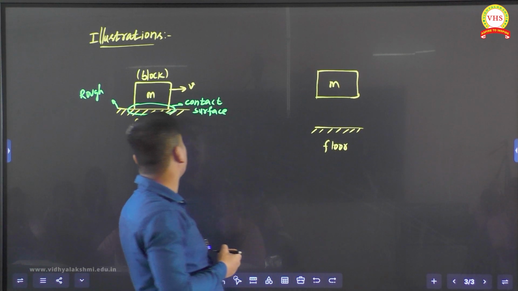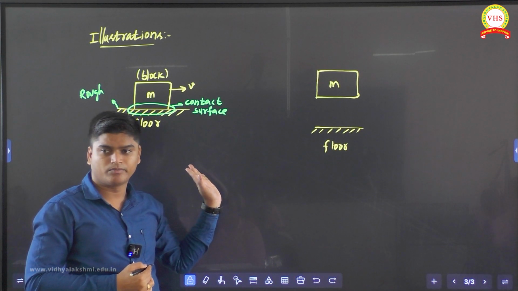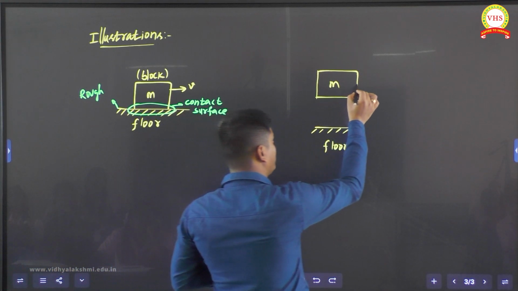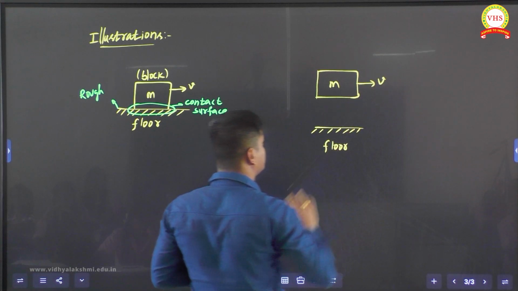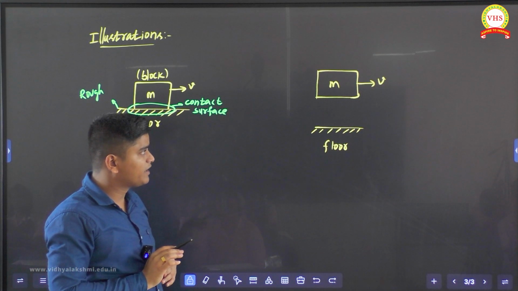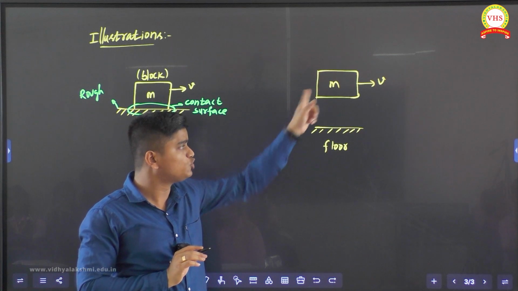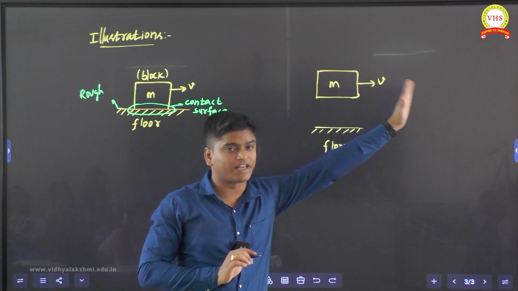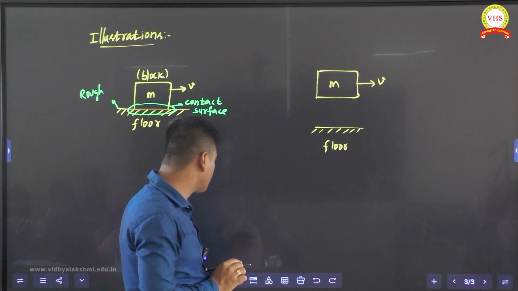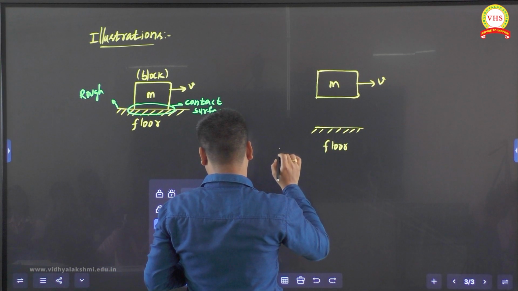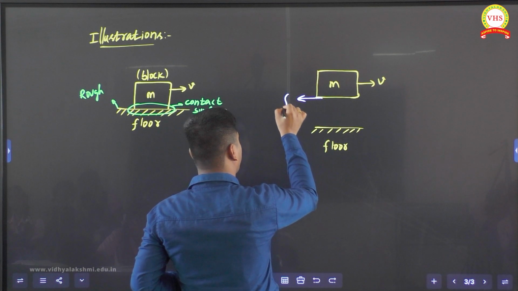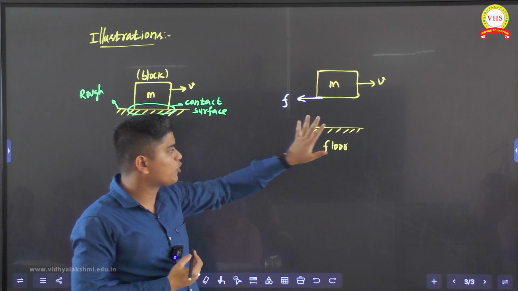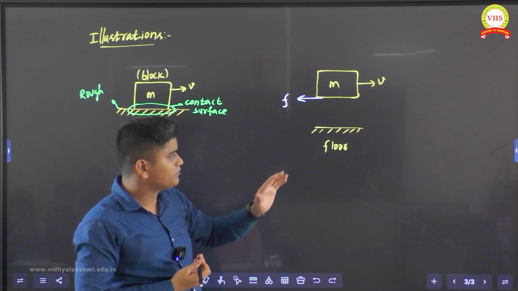Now see, all of you, actually the floor will always be at rest, right? Now if this object is trying to move in this direction with speed v, then friction will act in such a way that it will try to oppose the relative motion between the two objects. Suppose this mass is moving in this direction with velocity v, then friction will try to oppose that motion and will act in this direction, f, opposite to the direction of motion. Similarly for the floor, actually the floor is at rest.